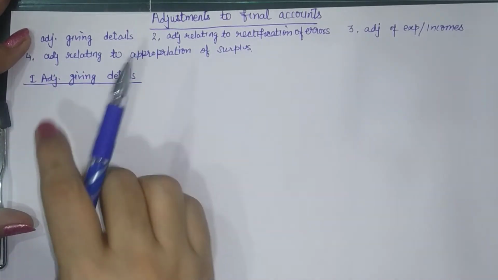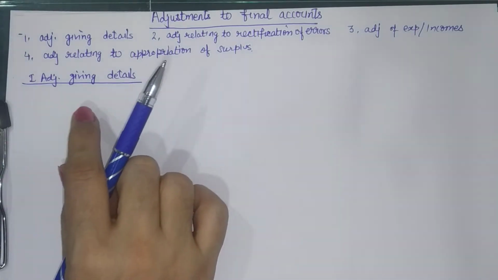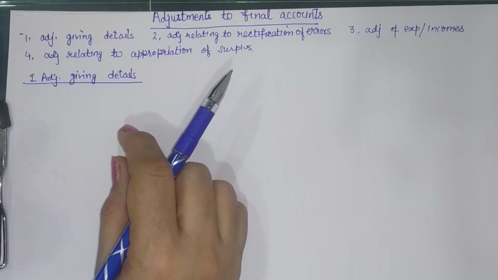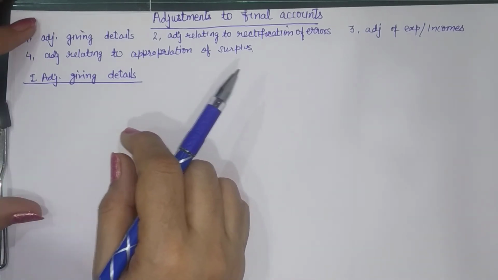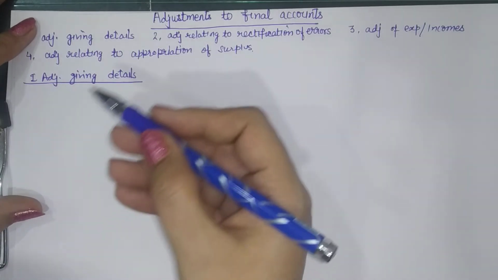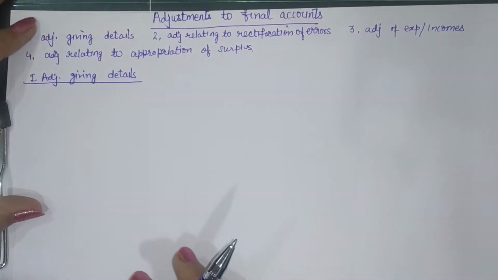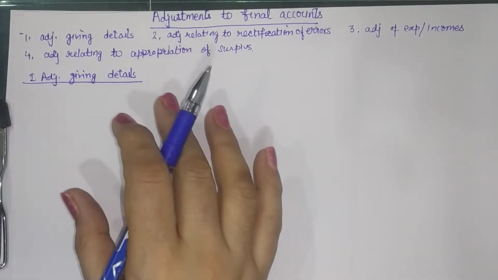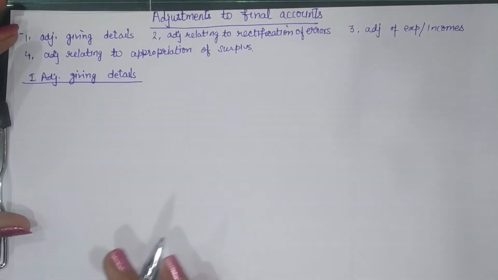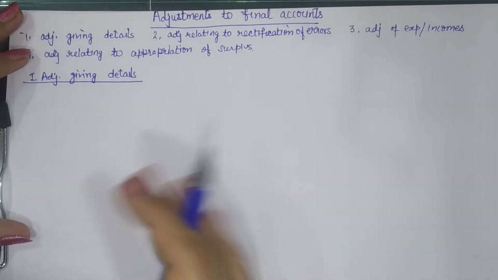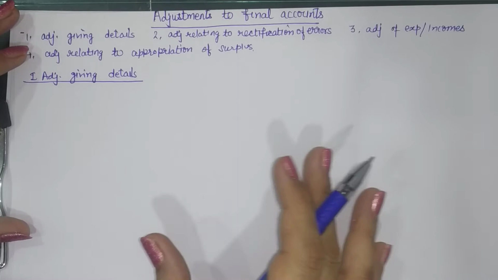Now remember that we are given the adjustments which are just giving us the details of various accounts. So basically these are not actually transactions. We are just given additional information relating to accounts. Like you have debtors account. So your adjustment may give you that out of your debtors, these many are for more than 6 months old and the remaining debtors are for less than 6 months old. So we are just given the period of the debtors.